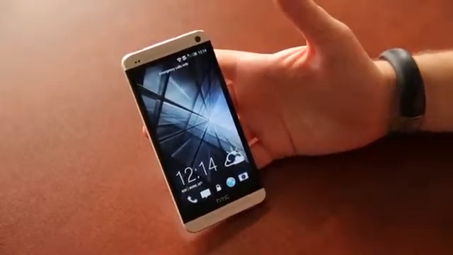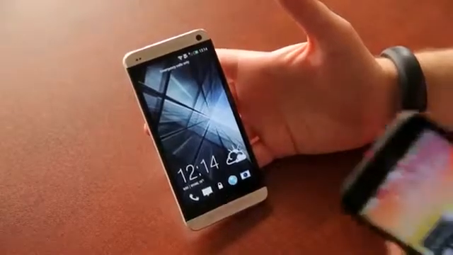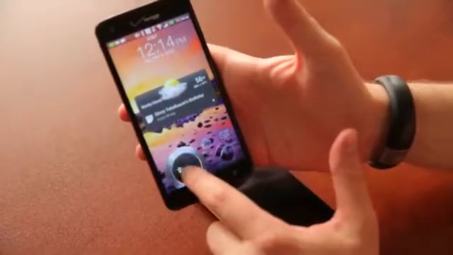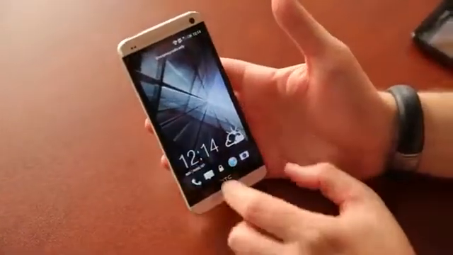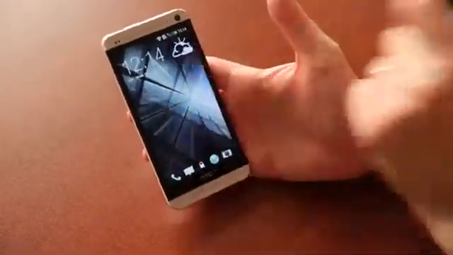For those of you guys that were wondering what it looked like in the previous version of Sense 4.0, we've got that right here. You got those icons. If you wanted to launch one, you just drag it down and you can go ahead and quick launch it. Very simple. So here on the HTC One, we'll go ahead and unlock the phone by swiping up,